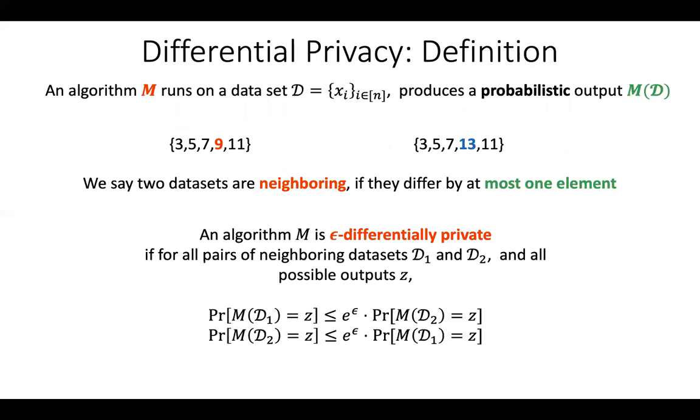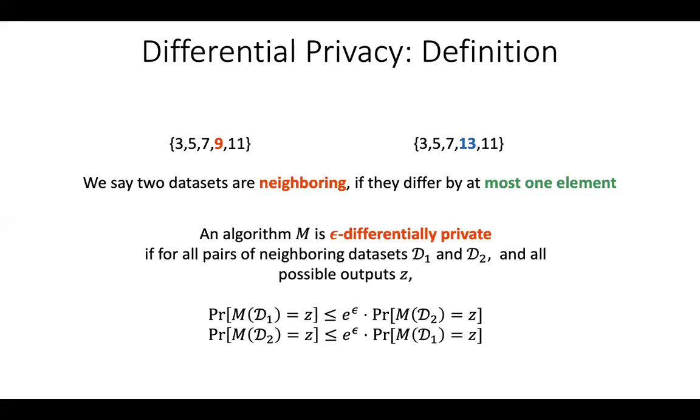And we say an algorithm M is epsilon differentially private if for all pairs of neighboring datasets D1 and D2 and all possible outputs Z, the probability that M outputs Z is roughly the same under D1 or D2. And why does this notion mean the algorithm is private? Because